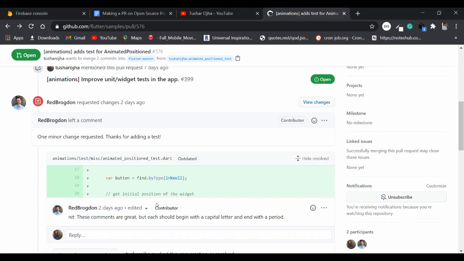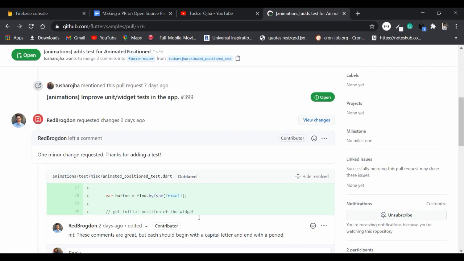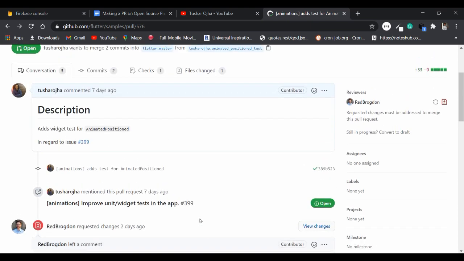For example, in future, if because of some issue this doesn't get merged to the master branch, I don't have to delete my samples repository on my profile and fork again. My master is synced with the main repository, so I'll just create another branch to add another feature. I don't have to wait for this feature to get merged. This is the benefit of creating a branch and using the branch system. Getting my point? So that's how it all works.